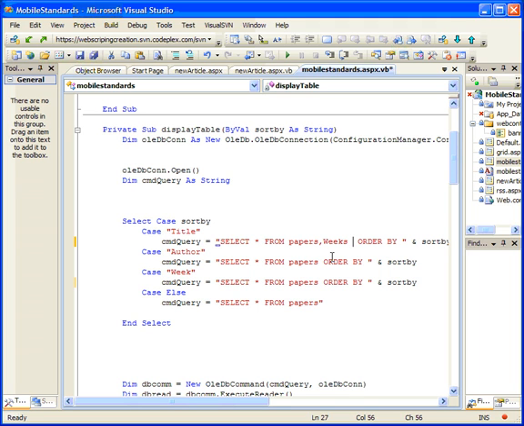There are more sophisticated ways of writing the join, but I'm just going to say select only those occasions where the foreign key ID in the papers table is the same as the ID field in the weeks table. So select star from papers weeks where